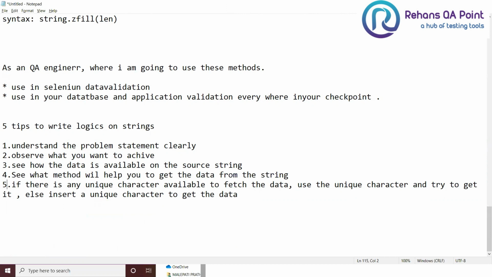Okay. Can you explain the fifth point, Pratap? Yeah. So now if I want to get some number from a string man, so to get the number before the string, right? Is there any delimiter available? Instead of telling unique characters, take it as delimiter. If there is a delimiter, then go and use the delimiter and try to get the data. Always try to avoid character by character traversing. Okay. So now what you want to do? If there is unique character available, just go and use that unique character and try to fetch the data. We'll see the example, then we'll understand the fifth point very much.